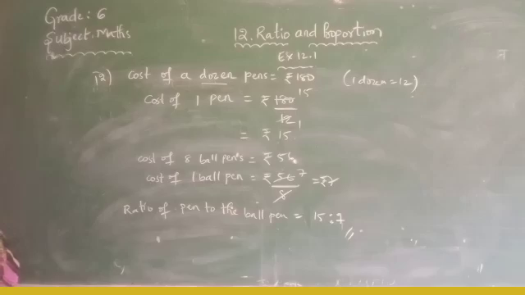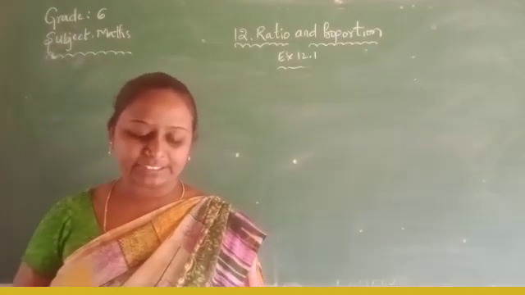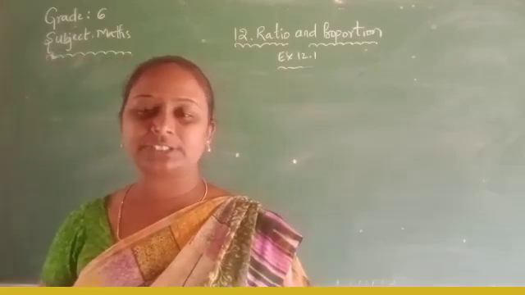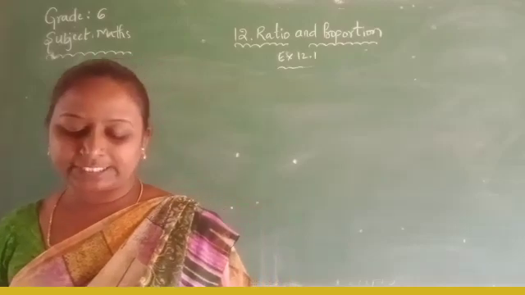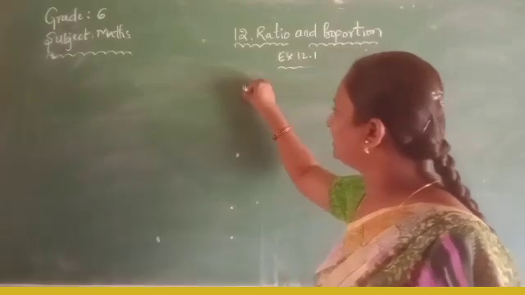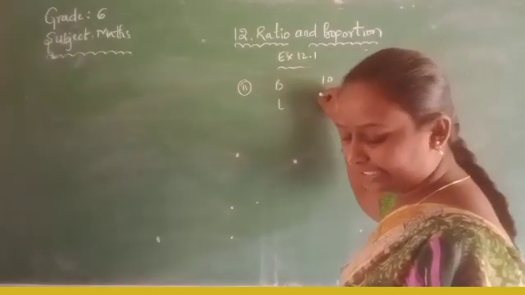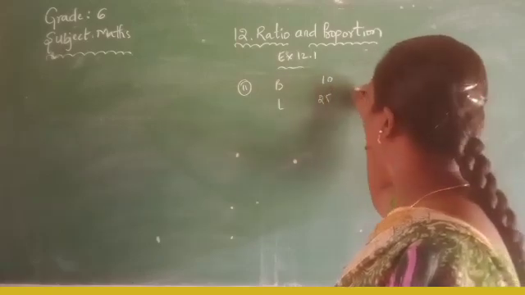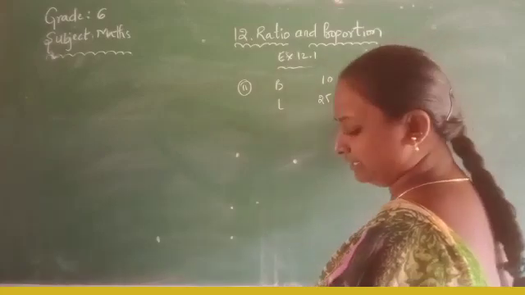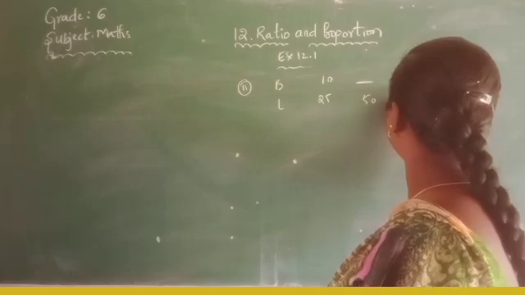Okay. Right children, consider the statement: the ratio of breadth to the length of a hole is 2:5. Complete the following table that shows some possible breadths and lengths of the hole. The table is given, that is the breadth of the hole in the 11th question. Breadth and length are given, so that is 10 meters, 25 meters. If the length of the hole is 50 meters, what about the breadth? And next, if the breadth of the hole is 40 meters, what about the length?